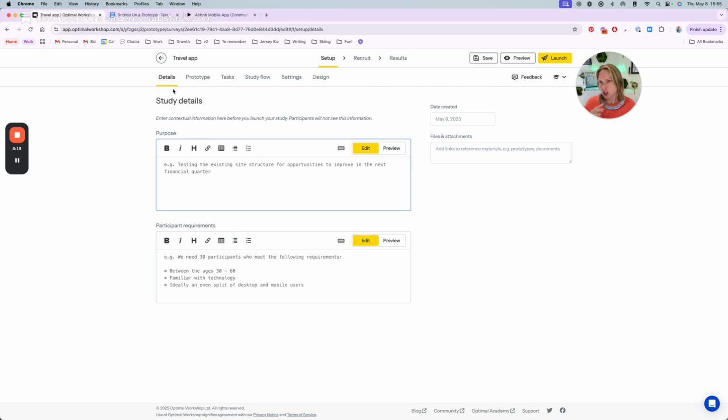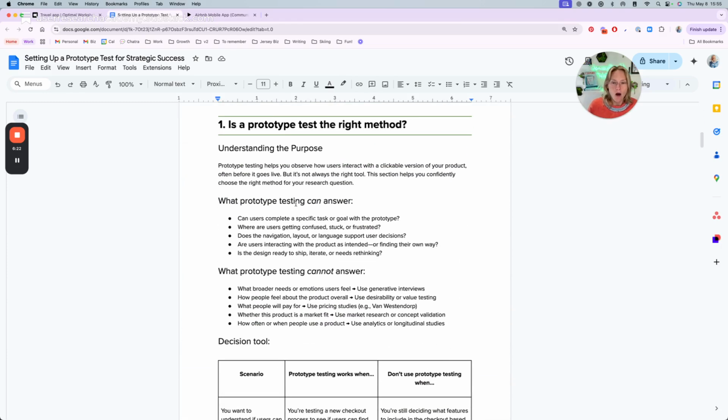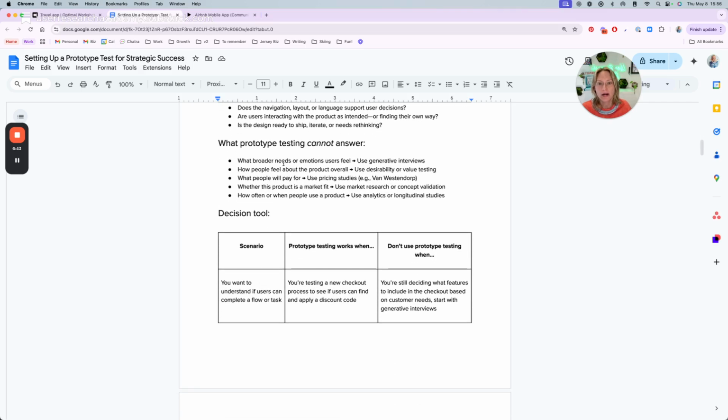So let's first start with the purpose. Before we even get started on thinking through the actual goals for this, I want to think about, is a prototype test the right method? Because oftentimes it's not, and we think it might be. So I've written down the things that a prototype test can answer, what it cannot answer, and then a decision